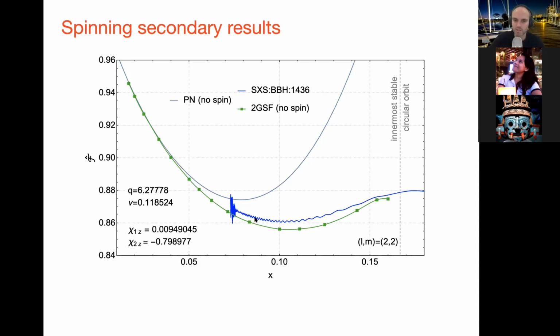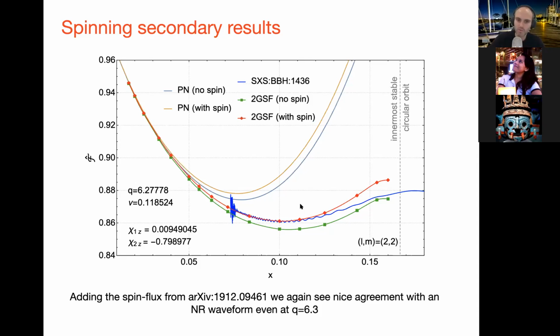And so this blue curve here, the wiggly one, that's the numerical relativity result. There's some initial transient, and then we see that. And if we just compare against our self-force result with no spin at second order again, we see they don't agree very well, and perhaps that's to be expected. But we now add in the spin calculation. So we just take the results from that paper and literally just add the two fluxes together. We get this red curve that appears. And now you see, once again, even though our secondary is spinning quite rapidly, we have really nice agreement with the numerical relativity results through much of the strong field, again breaking down in the deep strong field.